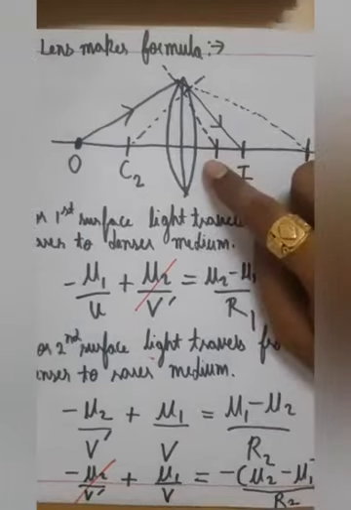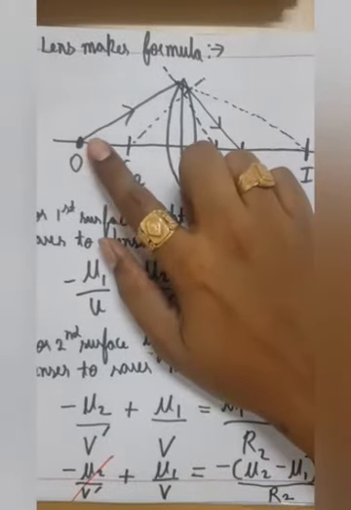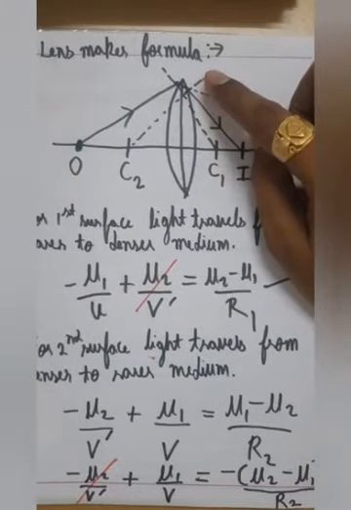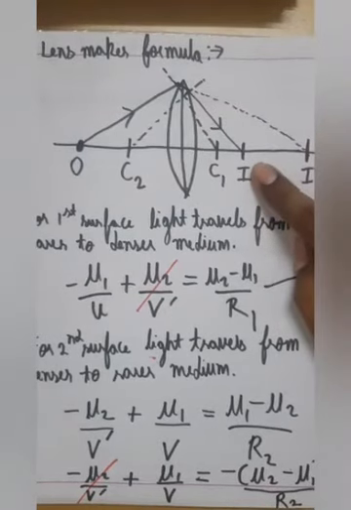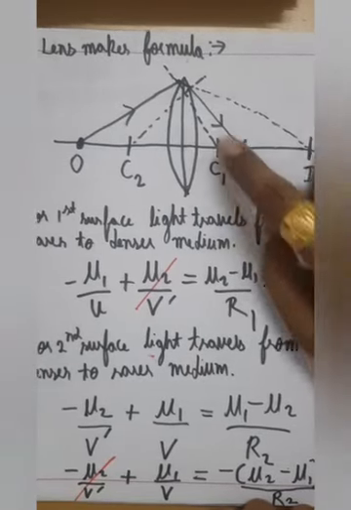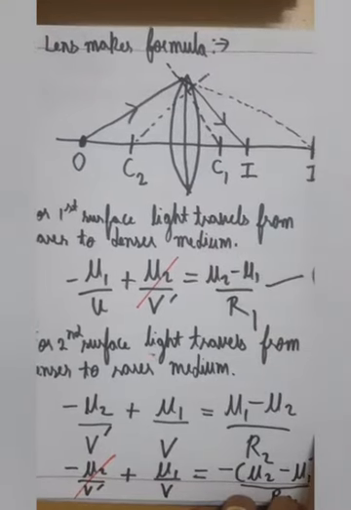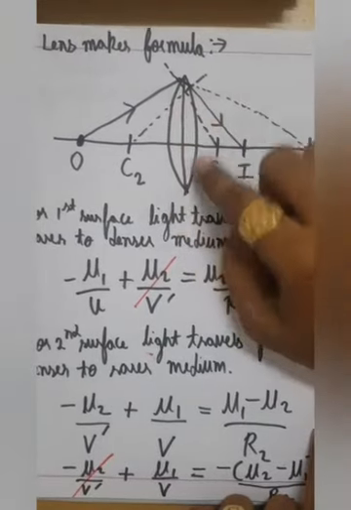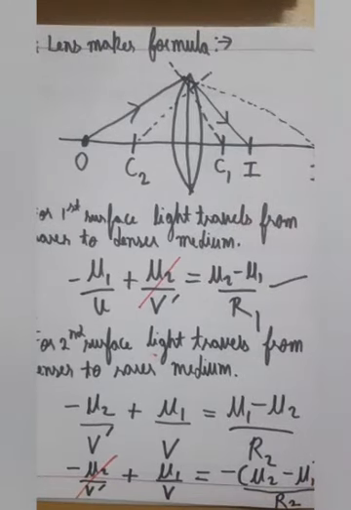First of all, I have taken a convex lens over here and a point object. So the light ray would go from the point object till the lens, and according to the laws of refraction, it would bend towards the normal. So it would bend and form an image at point I. But what we have considered over here is, if in case only the first curved surface would have been there, then image would have been formed at I dash. But since the second curve is also there, therefore the image is formed at I. So we will take both the surfaces one by one.